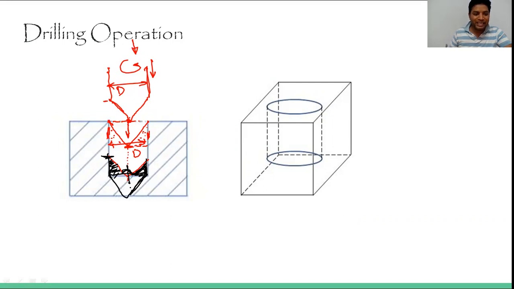Okay, so that's why I'm saying that if you want to drill completely, then only you should use it. Otherwise, if you want to make a complete circular shape at the bottom as well as a flat one, then this will not be good for that. But again, generally we use other operations too, like boring and reaming operations.